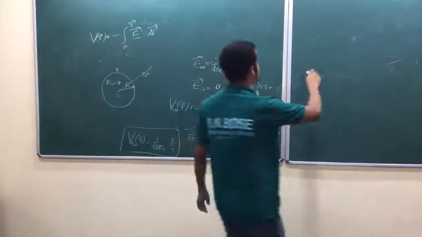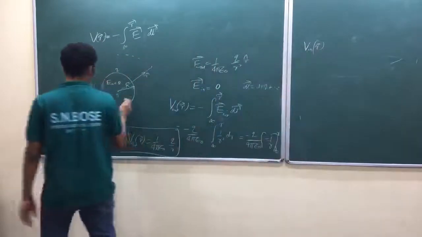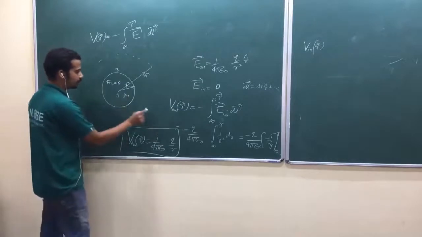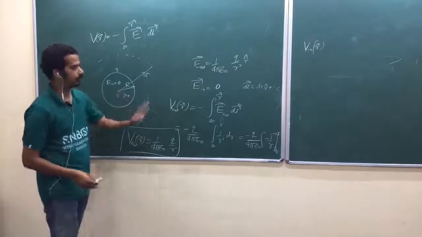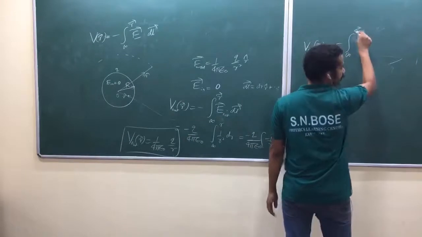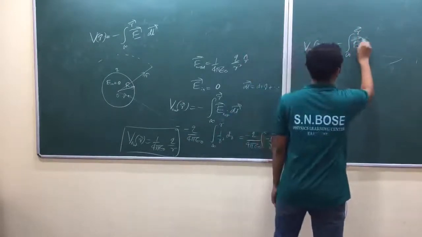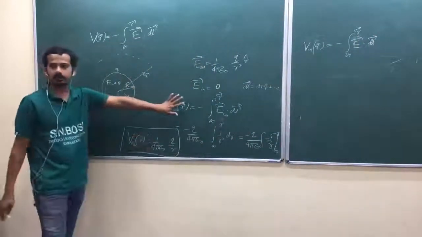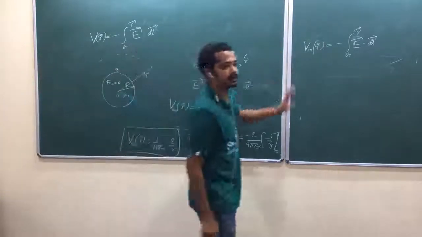Okay. Now let me find potential inside at any point r. Inside any point r here, inside. So then you have to go from infinity to this point. Am I right? You have to line integrate electric field from infinity to this point. Obviously, that definition also same. So infinity to r, but this point is inside this sphere now, inside this spherical shell. E bar dot dl bar. Now you got two different regions. One is outside the sphere where electric field is non-zero, inside the sphere where electric field is 0. Am I right? That's why you have to split this integral.